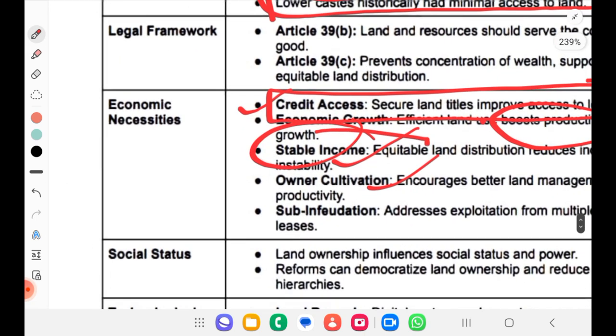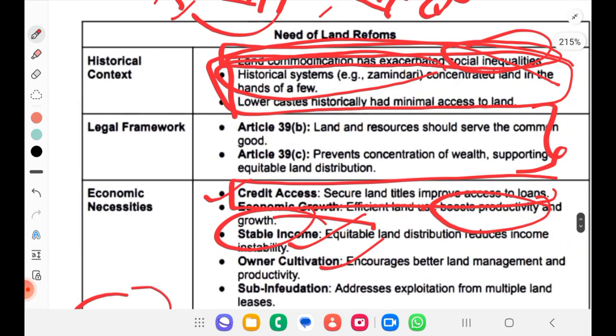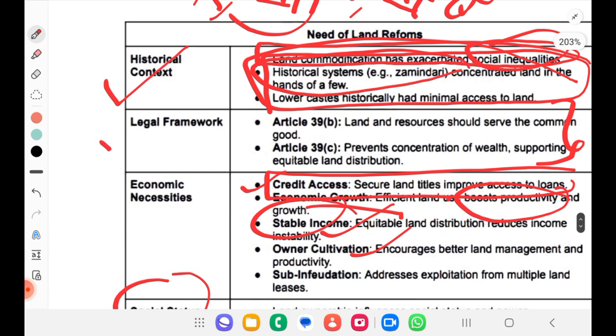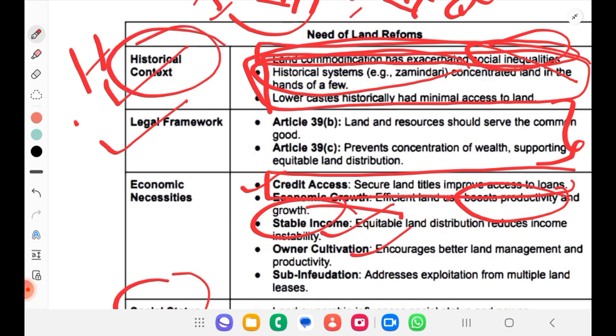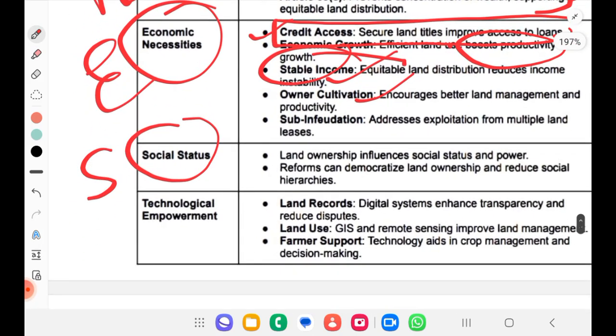Then also for social: whenever we talk about agriculture, we have to see different sectors. In the Mains paper, it is very important to touch different sectors of society. So we have seen historical context and legal framework. If you can't memorize like that, you memorize the subjects of UPSC itself. History related, okay. Then polity related: what will you talk about in polity? You talk about acts, laws, judiciary, executive, right? So legal framework. Then economy: economic necessities. Then comes social. Society is a subject for you, right?